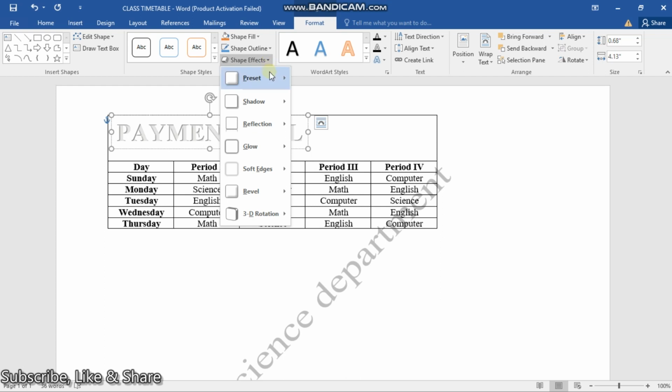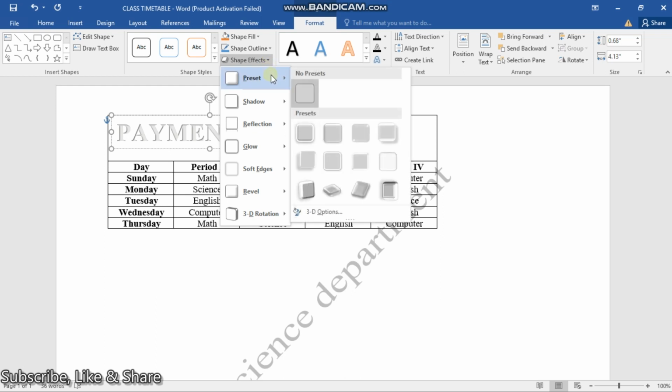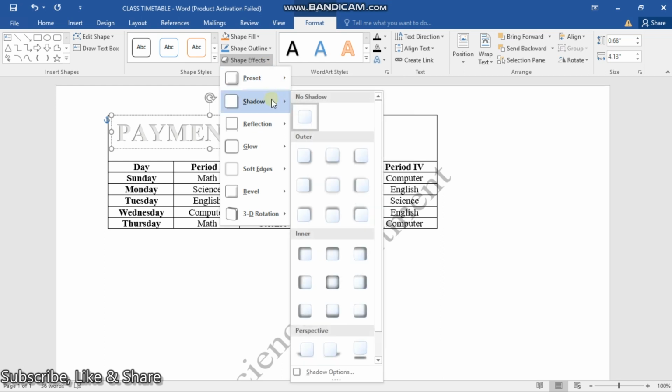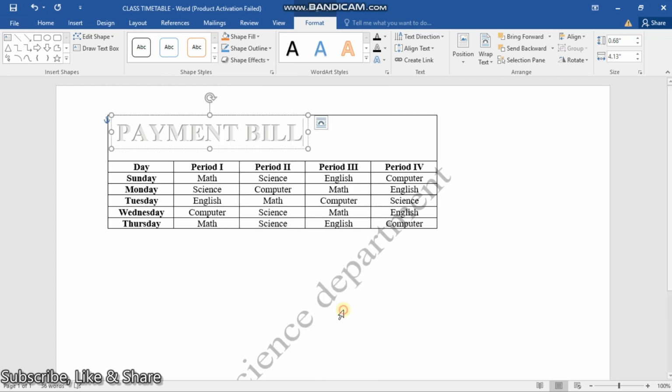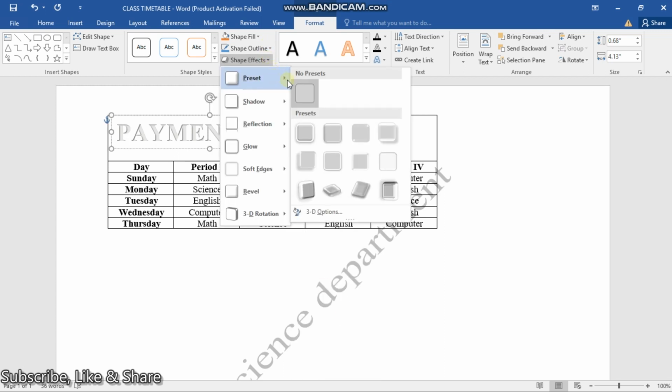Now shape effect, you see with preset I can put any shape I'm interested in. Now the shadow, let me put the shadow here like that, maybe this one. Okay, then come to shape effect, maybe this one here,